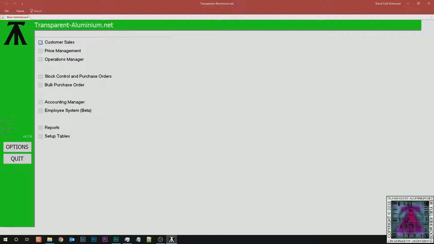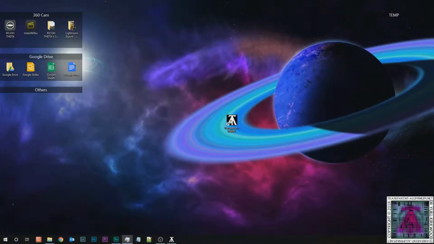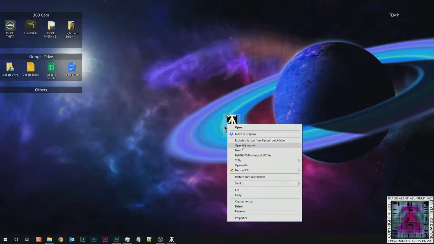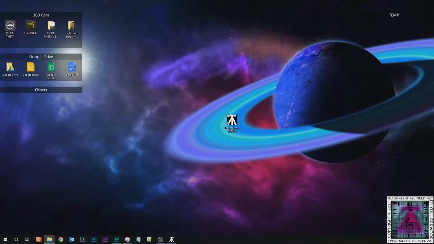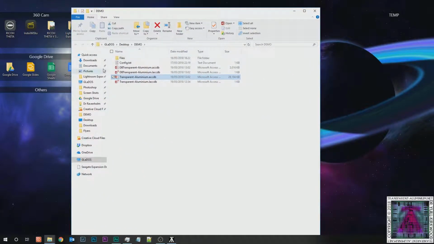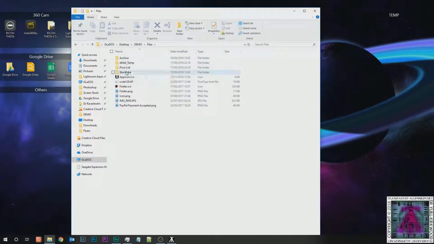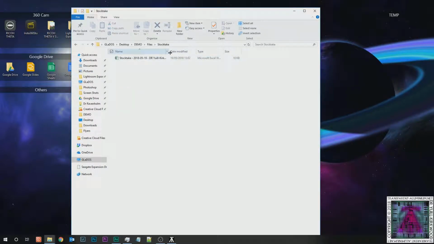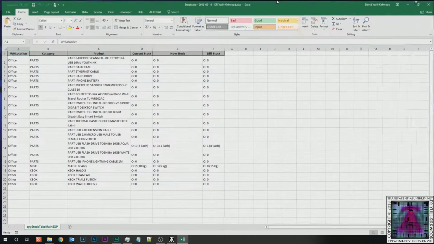And also for your records, if we minimize this, right click and go to open file location on our icon, just bring that up from the second screen. If we go to files, there's a new folder called Stocktakes. And in here, you can see the Stocktake, the date that it was completed, and the member of staff who saved it. So if we open that file and bring it in from the second screen,